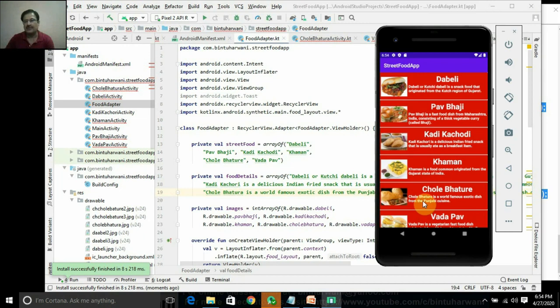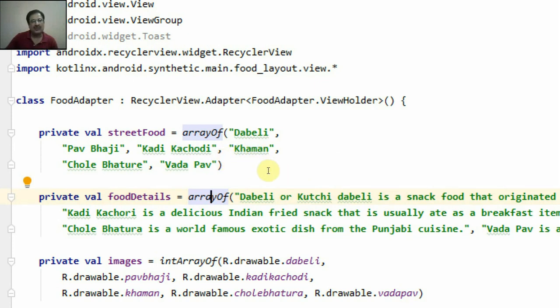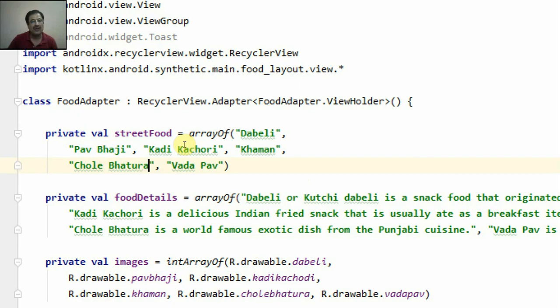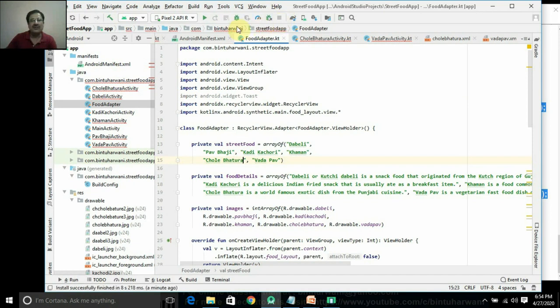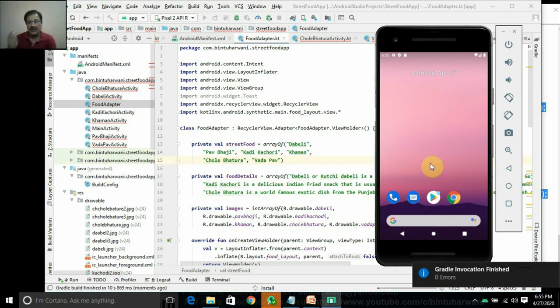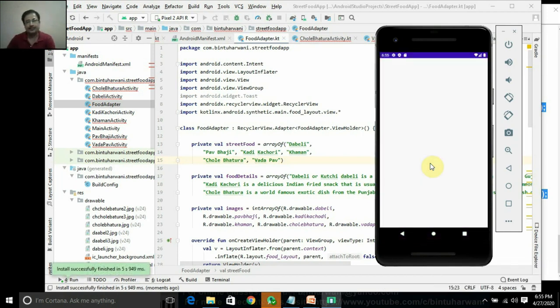Now click on Chole Bhatura. One thing more, let's maximize it. I have to replace two more things here. This Kadi Kachori, this D, I will make it R, Kadi Kachori, because instead of D, we are using R everywhere. And this Chole Bhature, we will make it Chole Bhatura, because we are using it in the same way everywhere, for uniformity. Now we will run this app. So you have to replace the D of Kadi Kachori with R, and Chole Bhature has to be renamed to Chole Bhatura.